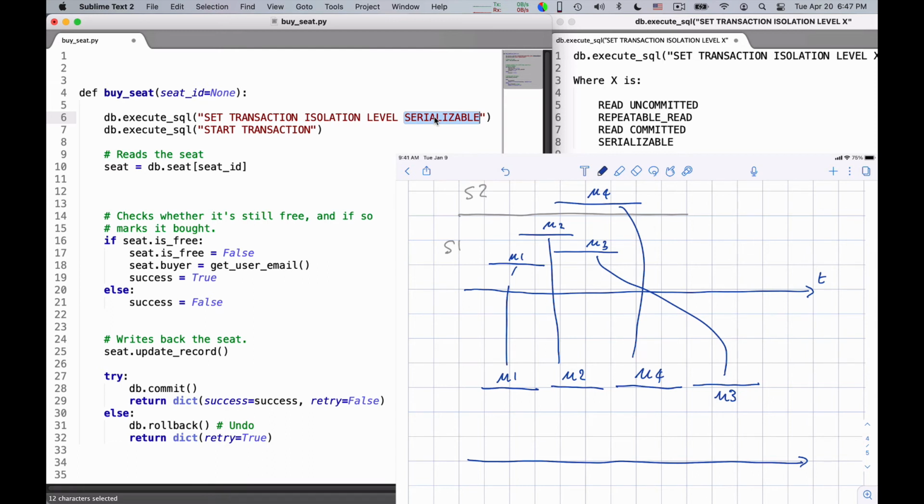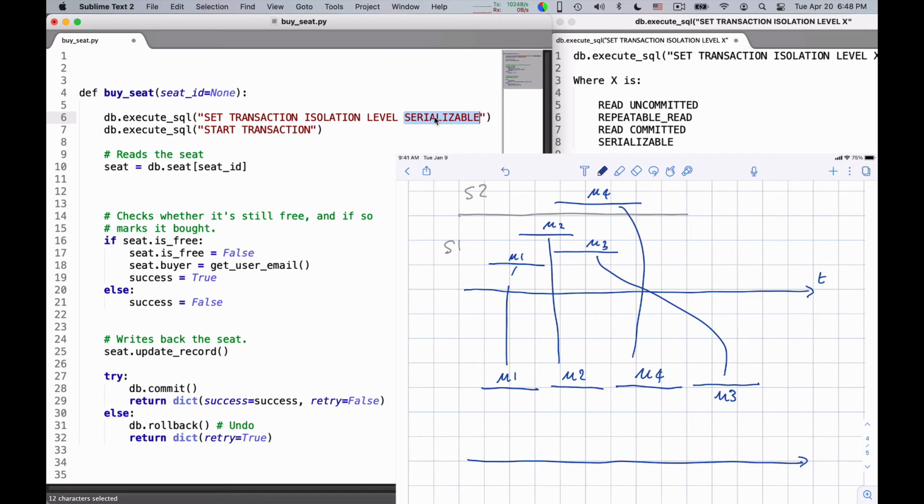Okay, this is one of the main benefits of using databases in a web server. They give you not only data storage, but they give you this incredibly simple mental model of things happening one at a time, which is really what enables us to write simple code to answer requests.